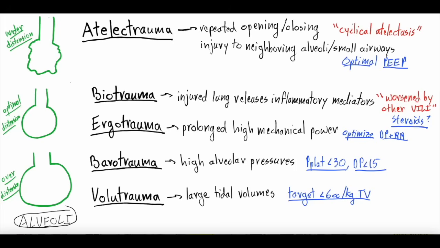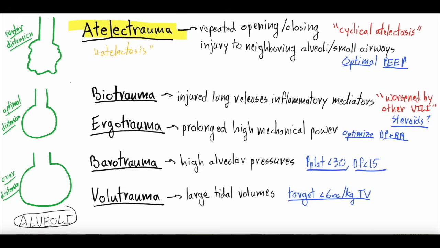ventilator-associated lung injury, the first is something we call atelectrauma. Atelectrauma is from the word atelectasis, which is kind of lung collapse. And atelectrauma happens when the alveoli are not distended enough. They're too collapsed. And what happens is every time you pump a breath in on the ventilator, they have to kind of open up and expand, and they collapse back down, and open up and expand and collapse back